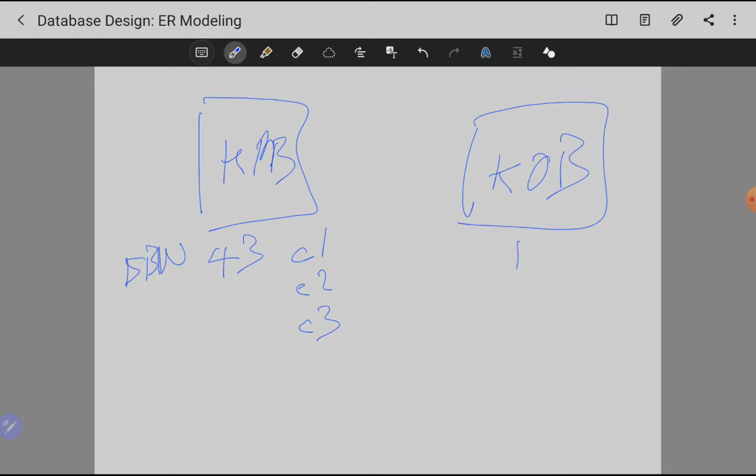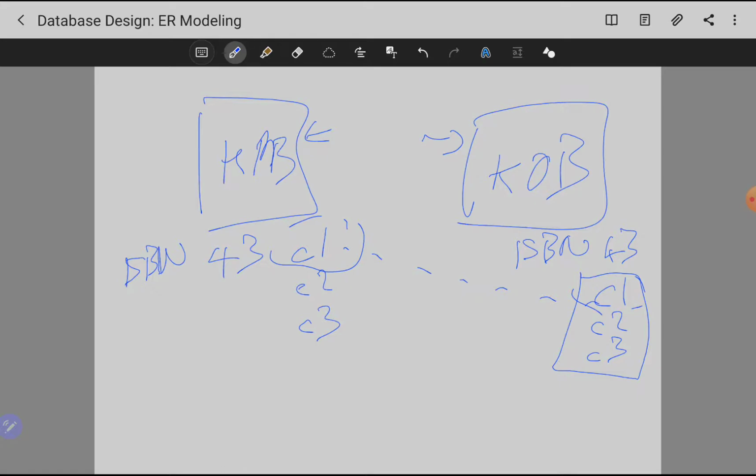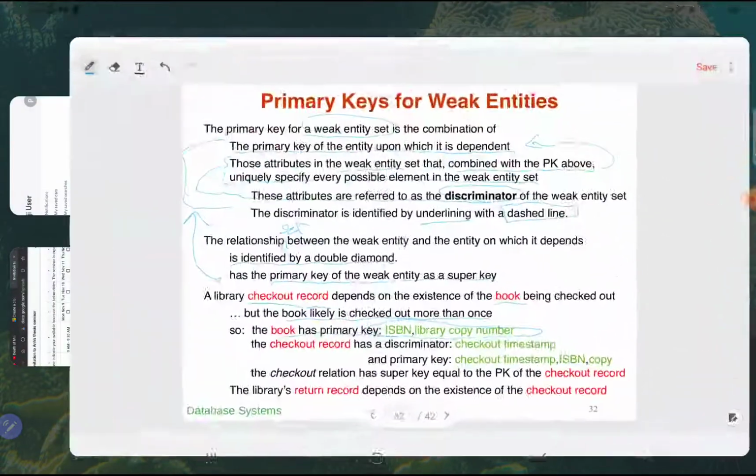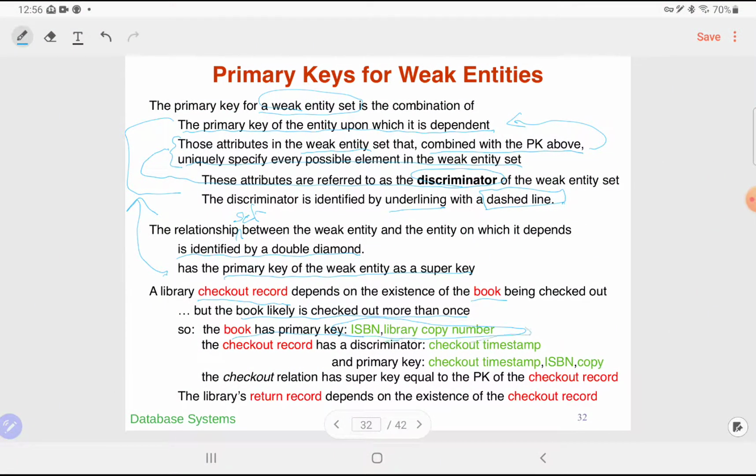And over here, ISBN 43 also has a copy. Copy 1, copy 2, copy 3. Probably, not necessarily, but probably these would actually be distinct, that you would not have the same copy numbers because people typically will deposit books. If you pick up a book at this library, you may deposit it at this library within the same branch, within the same city. But for the sake of completeness, assuming this has